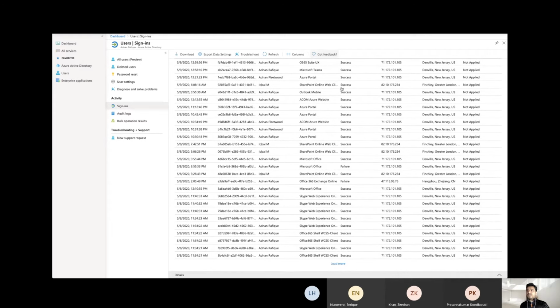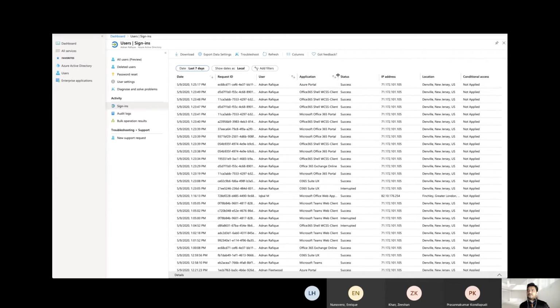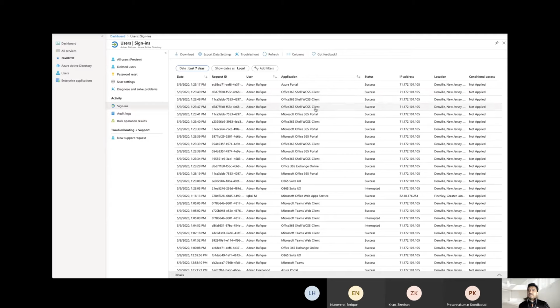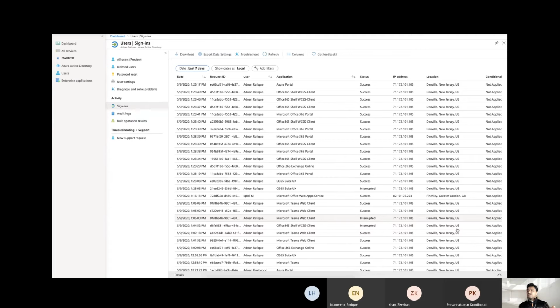You see what application I'm using. That's the beauty, that's what I like about it. It gives me my Teams Web Client, my Office 365, my Office Suite, Exchange Online, all these services I'm using, based on the user. So he's my friend on the same training, Iqbal. He's from the UK, so his location is being shown here, I believe. Yeah, see.